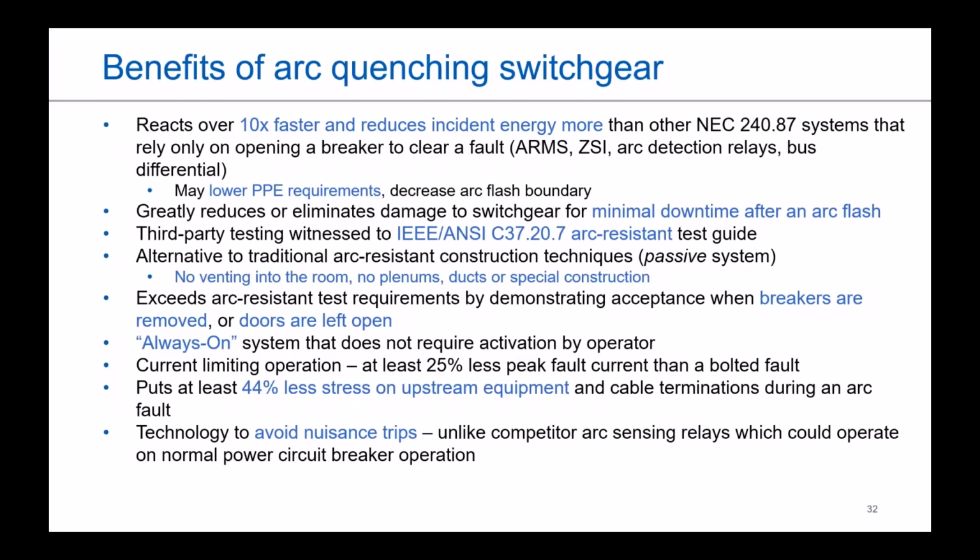One of the other upsides is it's less space that you have to take up. When you talk about an arc resistant system, there's usually going to have to be some venting, whether it's done with some plenum, or if it's ejecting solely in the air, you still have to have at least a 10-foot high threshold, because you have to be able to take that energy that is built up inside of the equipment and safely get it outside of the equipment without harming personnel. So there are some construction pieces that have to come into play with arc resistant construction.